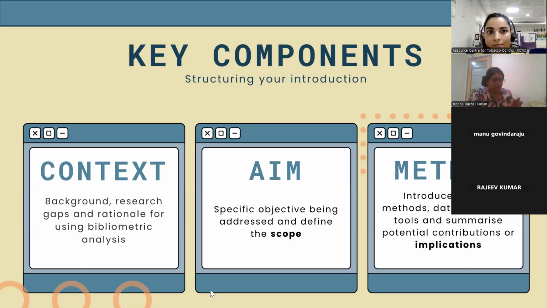I haven't yet gotten to discussing how bibliometric introductions are different much, but let's keep the basic understanding of how an introduction should be before we further delve into how a bibliometric introduction is different. As you all may already know, the introduction has three main areas. One is it gives the context, where you start with,